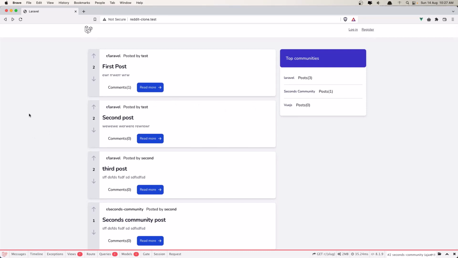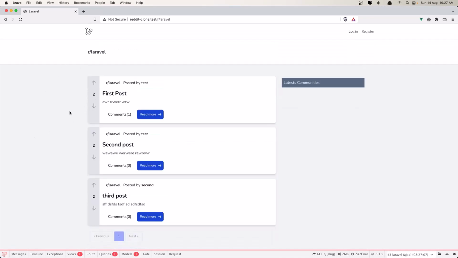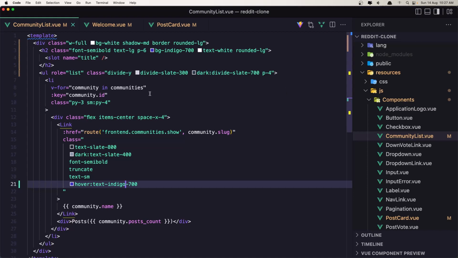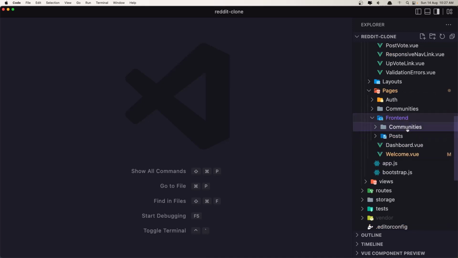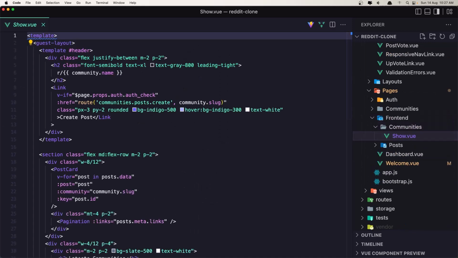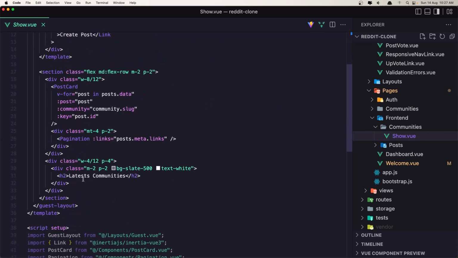good. Now if I click, for example, to this, what we are going to display here is the community about, so the community description, and then the latest communities we have. So let's go, let's close them all. And in the front end, communities show page. Here we have this one. So I'm going to remove this and say now